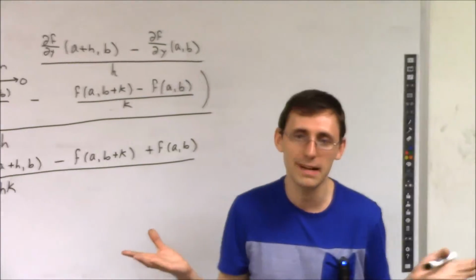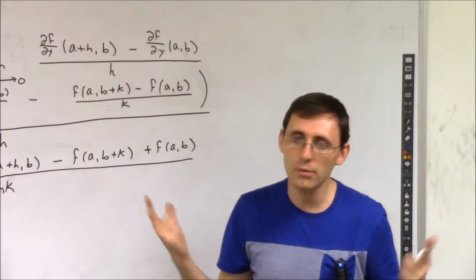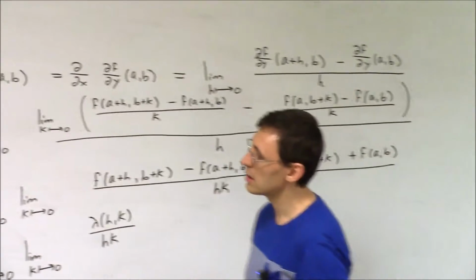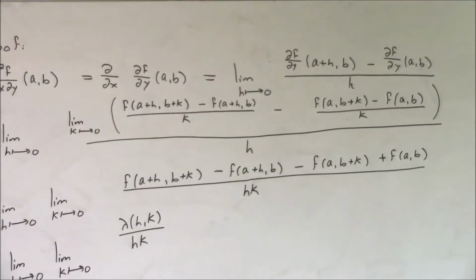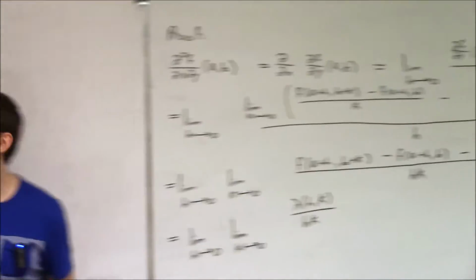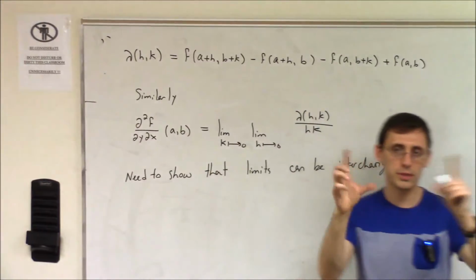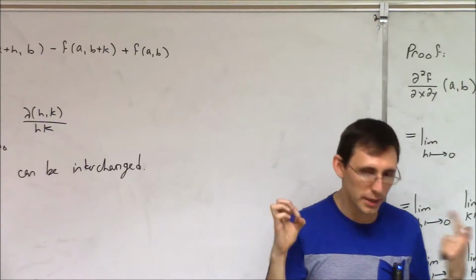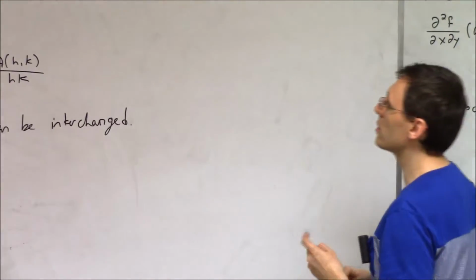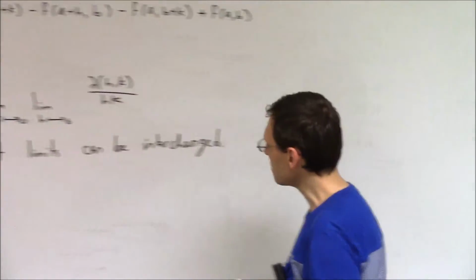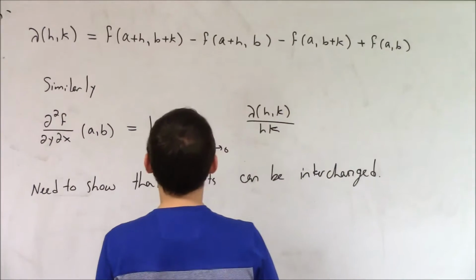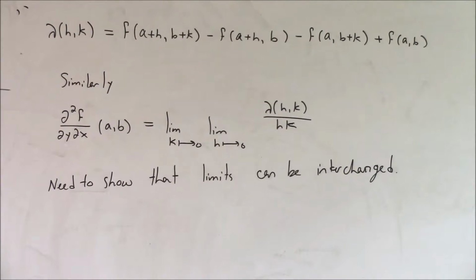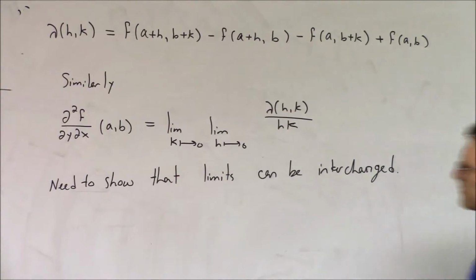But the thing is, there are examples where they are not equal, which again tells you that limits usually cannot be interchanged. But I made an assumption that the partial derivatives are continuous in a neighborhood of (a, b). In a neighborhood means they are continuous inside of a microscopic disk whose center is (a, b). That's going to be an assumption that I'm going to use. So let's try to engineer it.